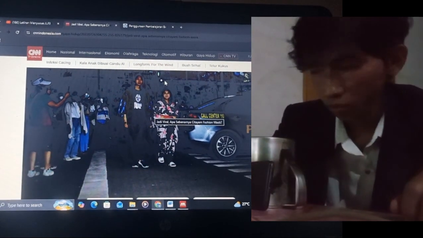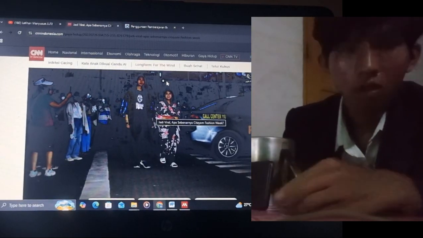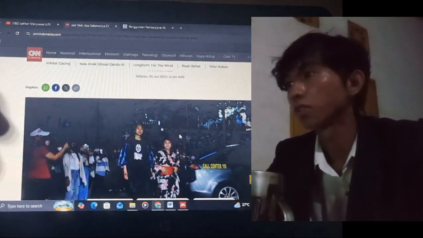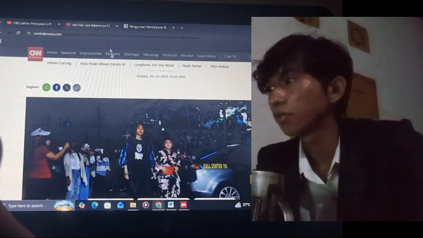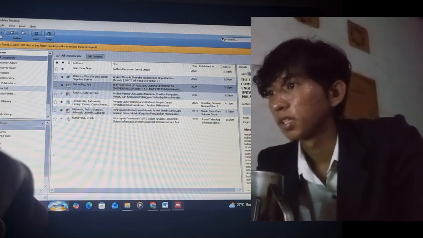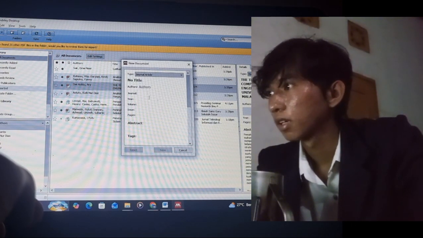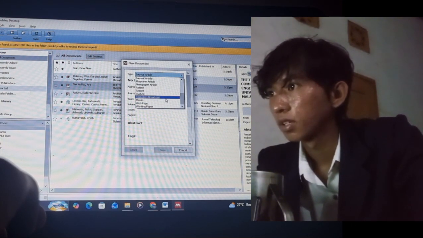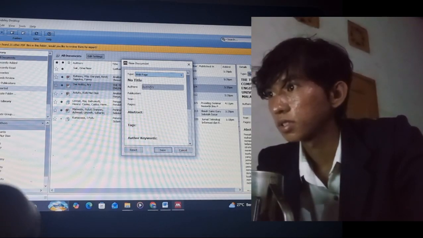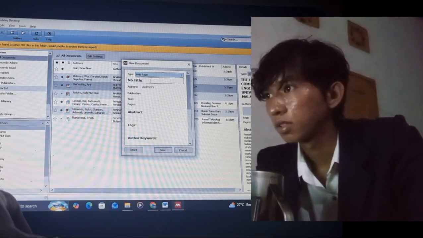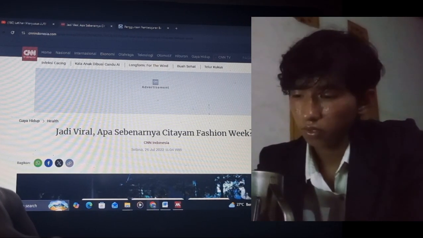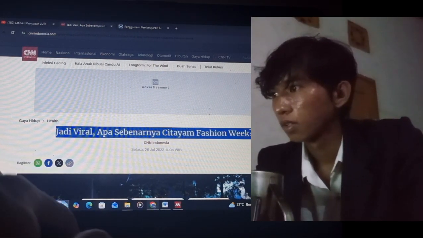So the next is how to make a citation of a web page using Mendeley to Word. You need to find a web page you want to cite and open your Mendeley and click add entry manually. Change the type to web page and fill the title from the web page.